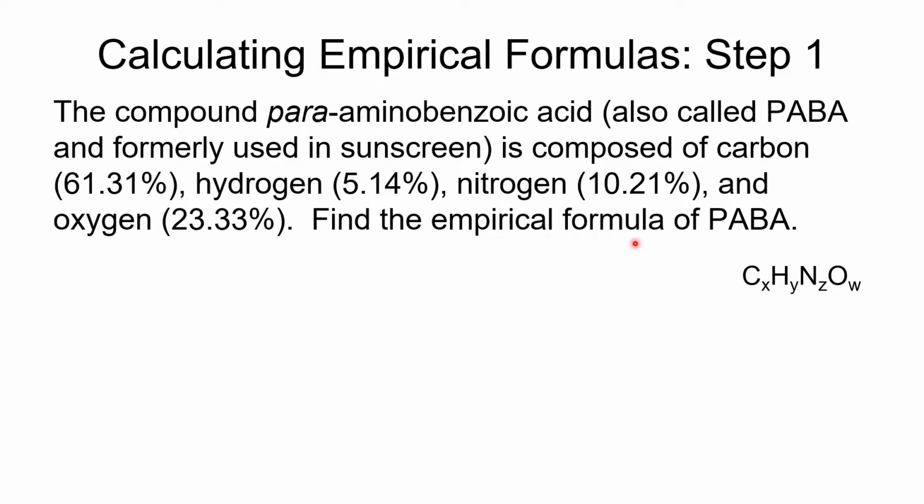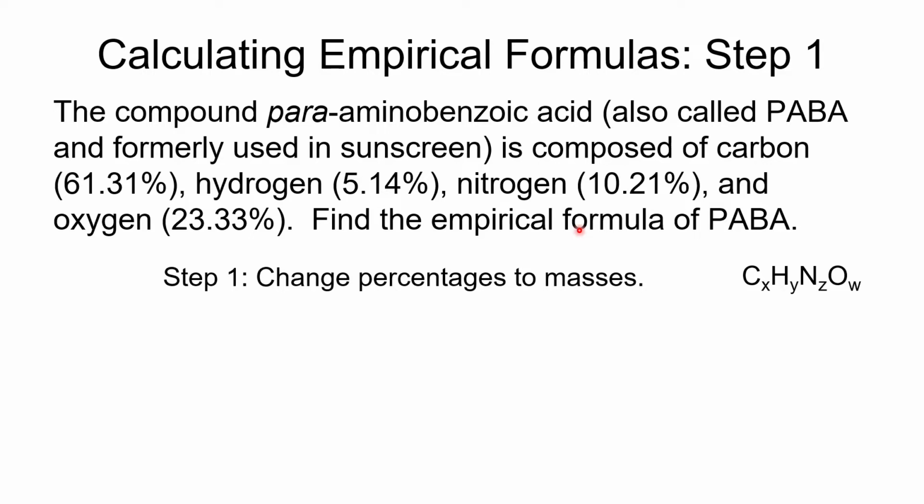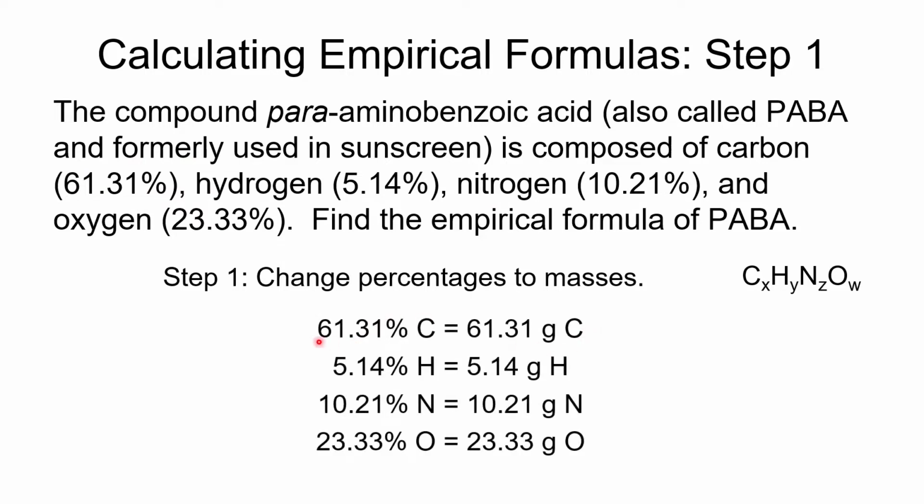We now want to calculate the empirical formula of PABA. First thing is we want to change the percentages into masses. So we're going to take each of these percentages and write them down as grams. So 61.31% carbon is going to be 61.31 grams of carbon,